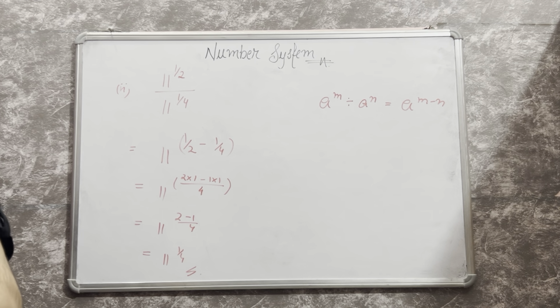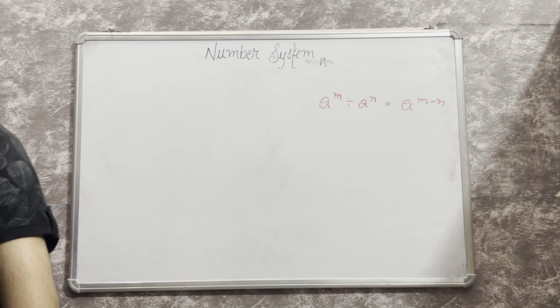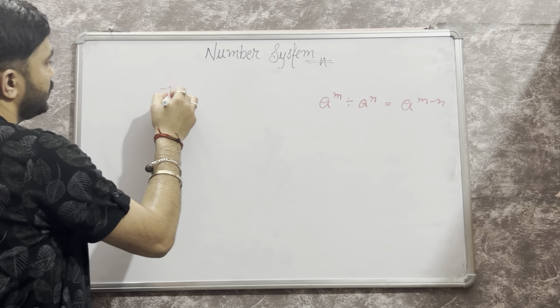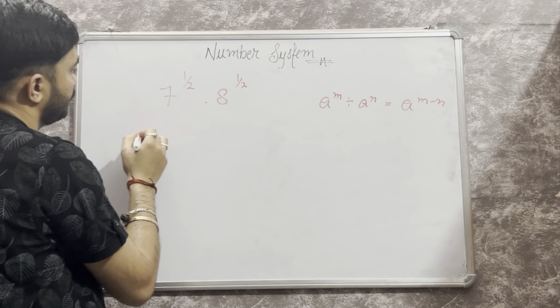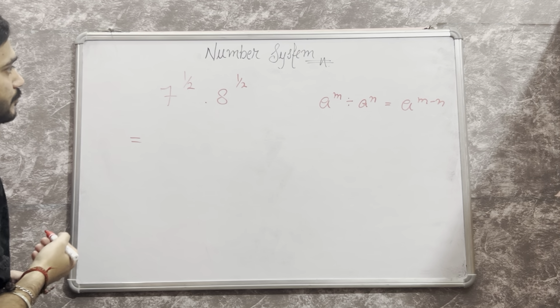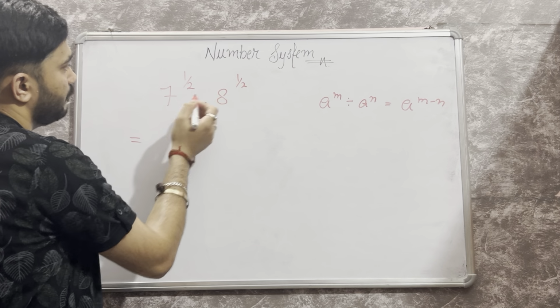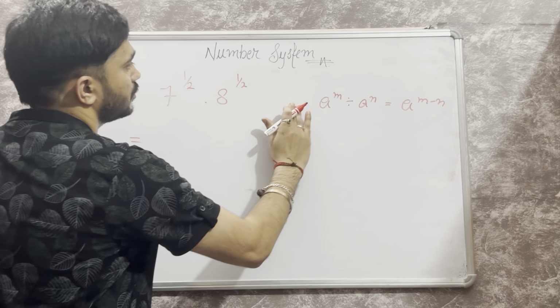Now moving forward, we are going to solve one more question of it. That is, what if the question given to us is 7 raised to power 1 by 2 into 8 raised to power 1 by 2. What's its answer going to be? Here we see that the power of both the numbers is same, but the bases of both the numbers are different. So we are going to use a